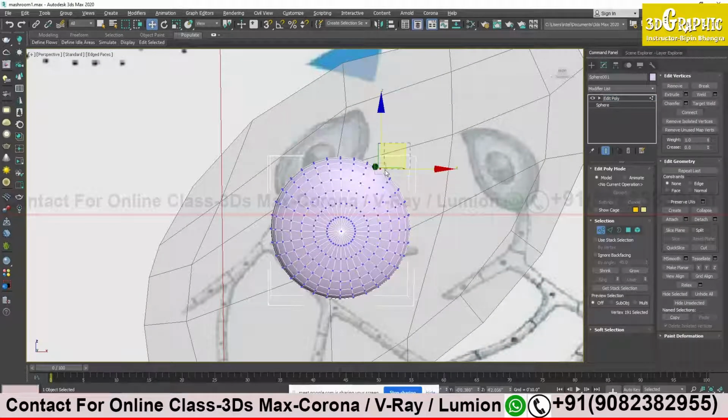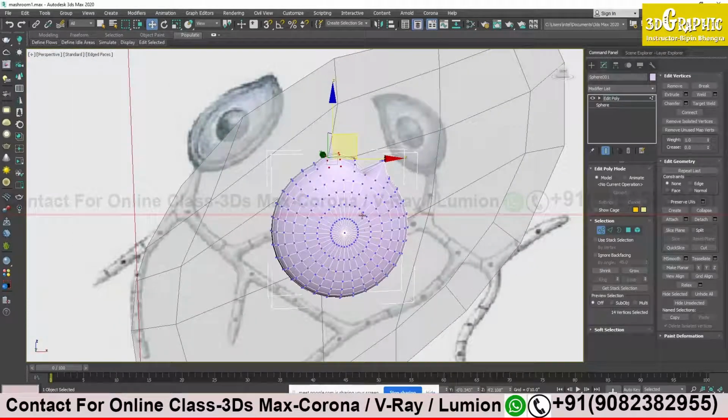Every time I have to control every single vertex. So it is difficult and time-consuming. So I will teach you a simpler method to create any kind of oval shape. Don't go to sphere because it has lots of vertices.